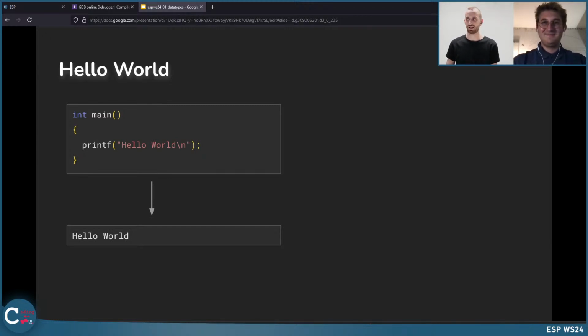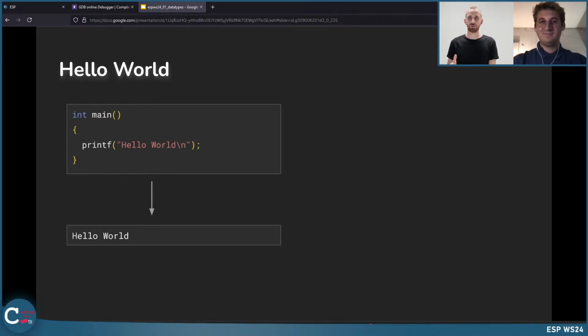There is a lot of additional stuff in it. There is this int main, these two brackets here, we have these curly brackets, opening and closing, we have this printf here, we have this text inside, and we will come to that step by step. But at first, this is the most basic program you can have in C, and it's always Hello World, printing out Hello World.